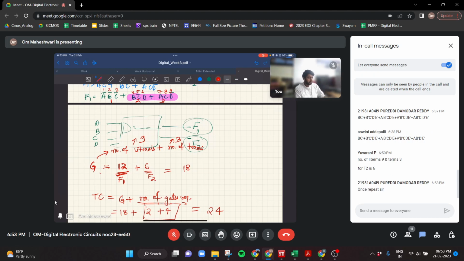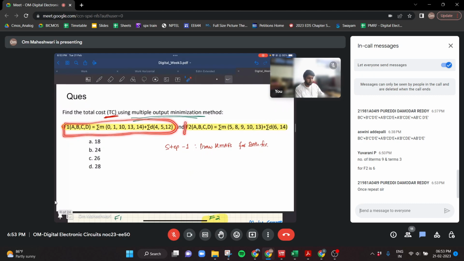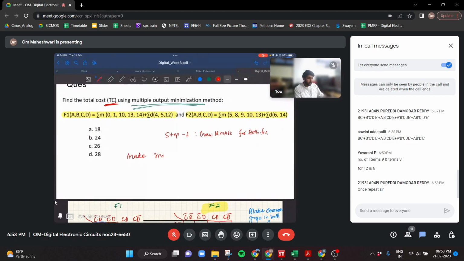Okay, I'll repeat it. I hope this part is clear. What we did first, we were given two functions, F1 and F2, right? And we are being asked for multiple output optimization. That is, we want to implement both of them together in a circuit, right? So we want to make a circuit with minimum gates that can implement both F1 and F2 together, right? And the only solution to do that is if we have to find